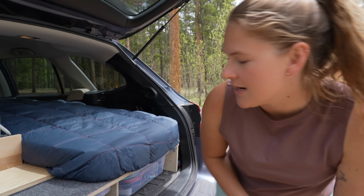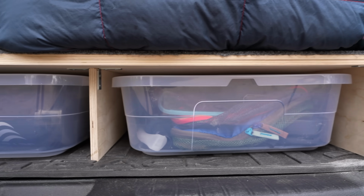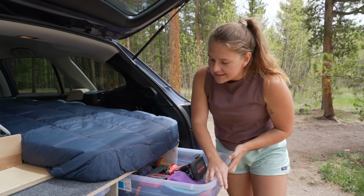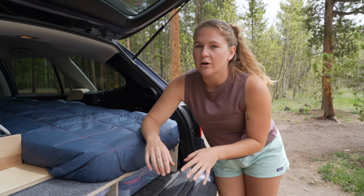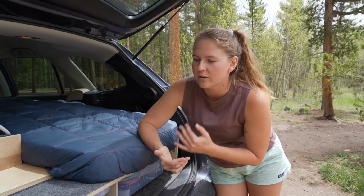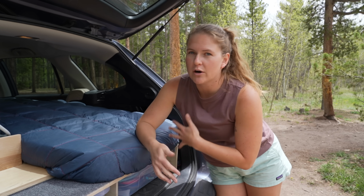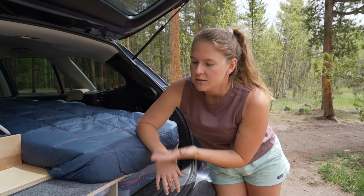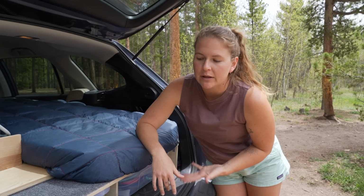In this back section here, you'll see a couple of choices that I made specifically for that reason, like having these totes that are just plastic without lids even, instead of full wood pull-out drawers. And they're way lighter. I think a wood drawer probably at this size would have weighed anywhere from like 30 to 40 pounds, maybe even more if I had drawers and slides and whatnot. So doing this really allowed me to maximize use of the space in the simplest way possible and only cost